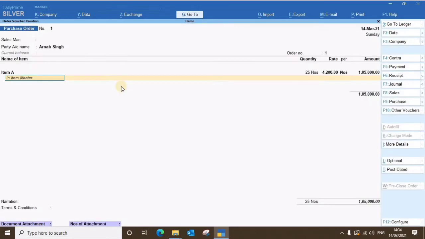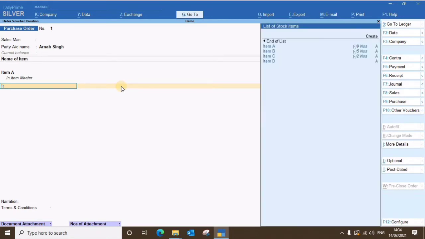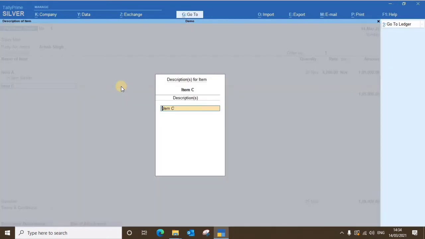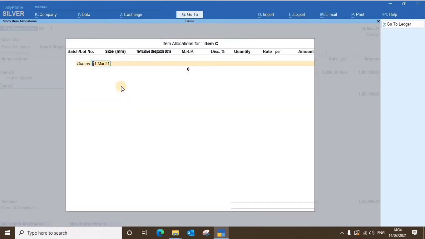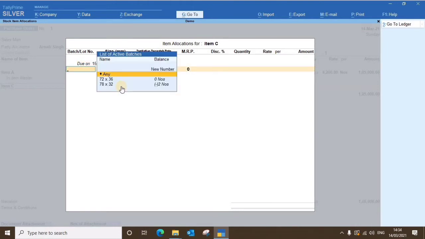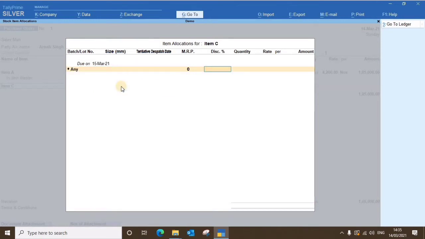Okay, now the second, again you can select another item also. Suppose I select this different item, again same description, you can type the manual description, number of lines you can type, it will print or display on your purchase order. Here due date, on which date you want to receive this, 15th of March. Any batch number, go down, if it displays batch number, just select any, don't select the go down or the batch number. Okay friends, this option is the customized window, you can just ignore it.